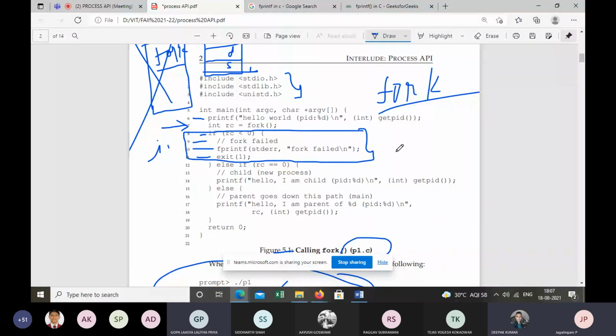Good. It's an exit from the infinite loop, sir. Good. Now we know that in line 11 we have an exit. What does it mean? And in line 8 you have a condition. If this condition is false, that is, if the fork system call has failed, then we are going to print the error message. Then we are going to exit the code.